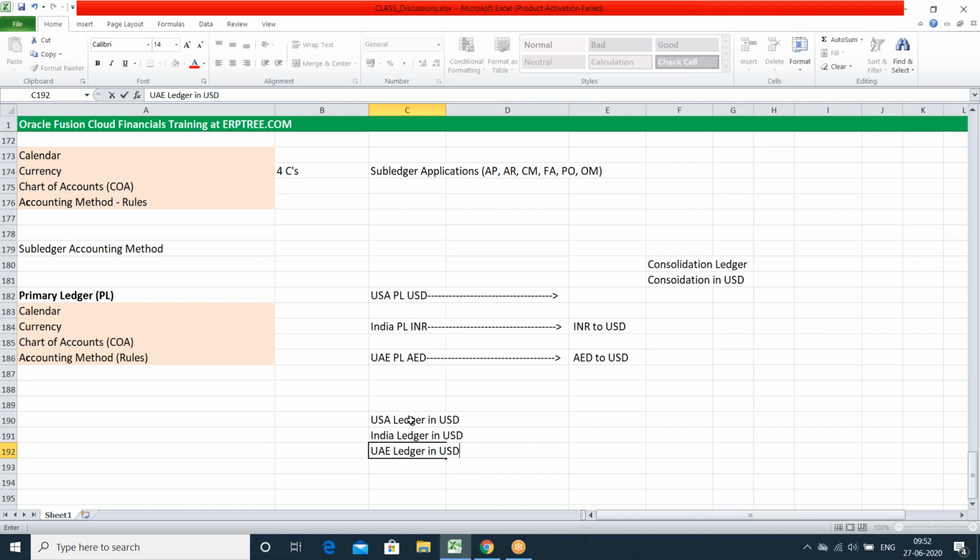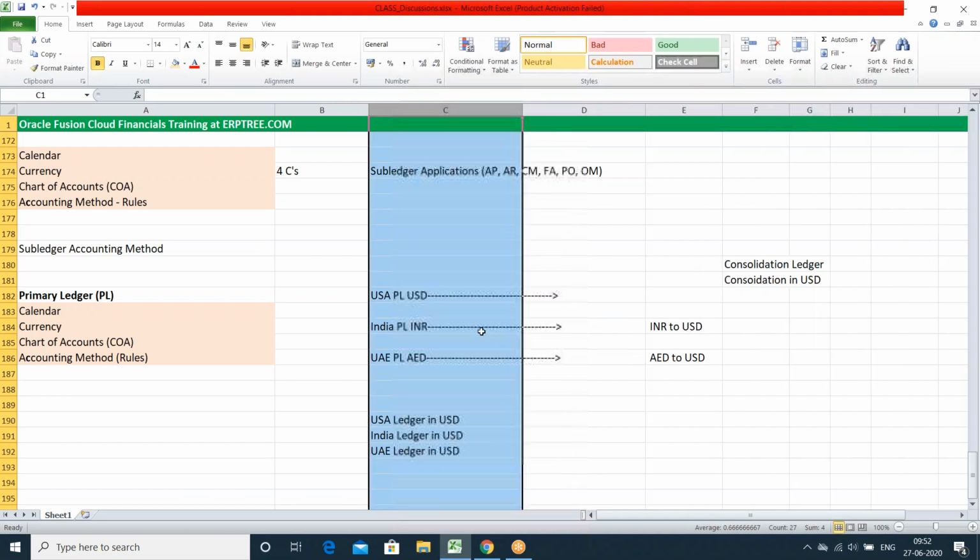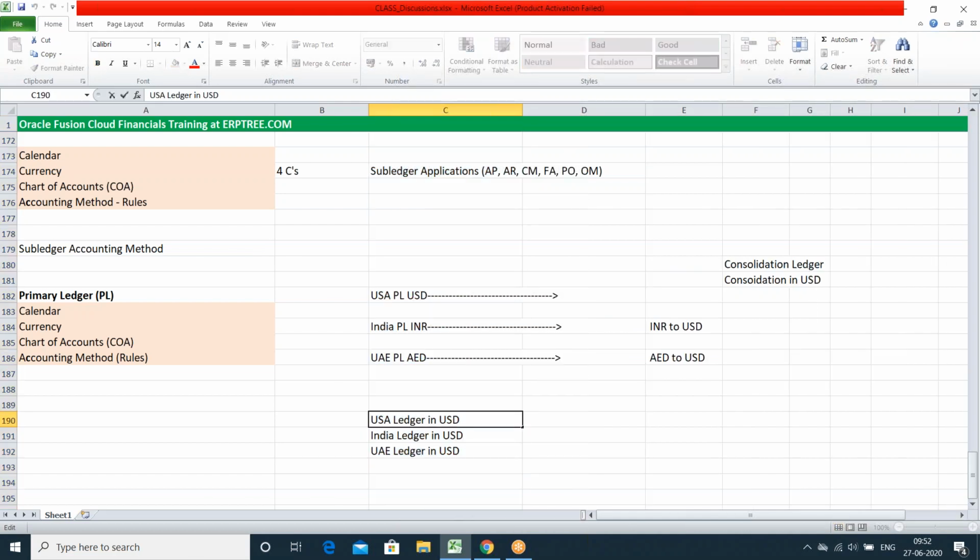In this scenario, what is the possibility of doing? Whatever transaction they are creating, that is there in USD only. Here they don't need to do anything. For the India primary ledger, they are recording the transaction in USD. That's completely reverse, not acceptable, but still they are doing. In this case, they'll convert